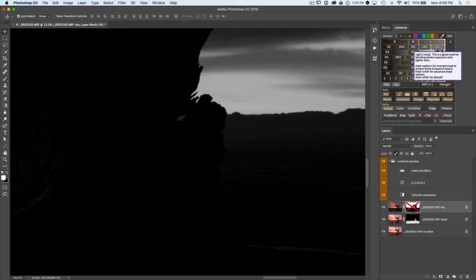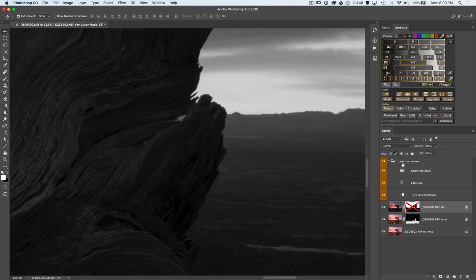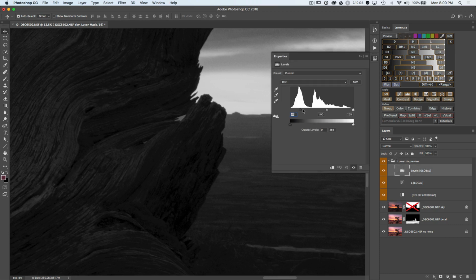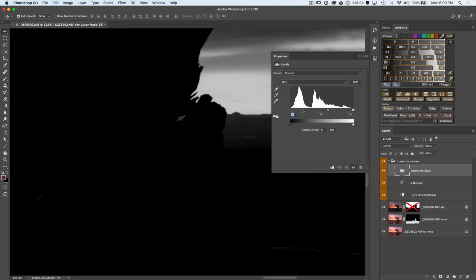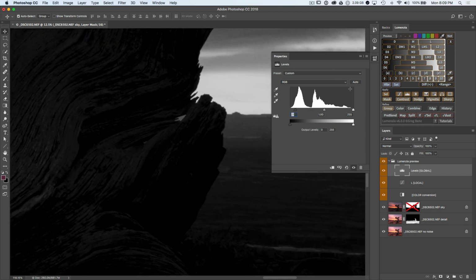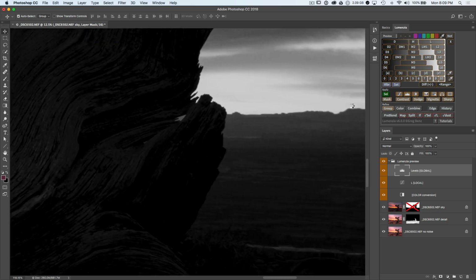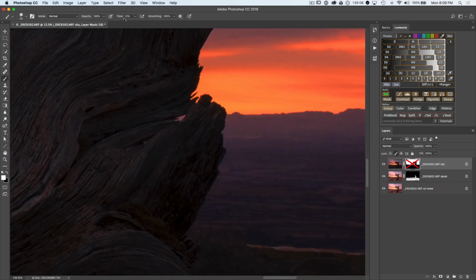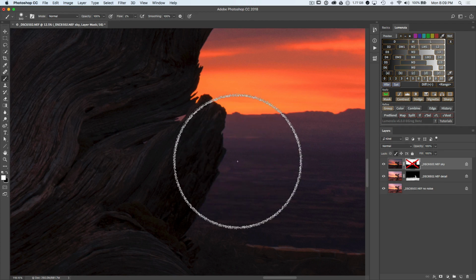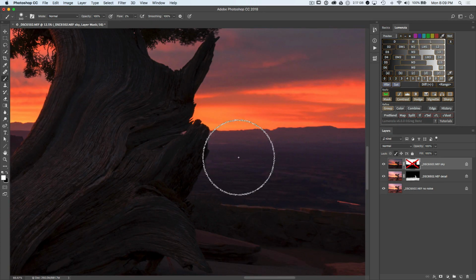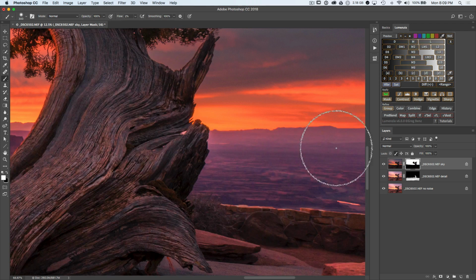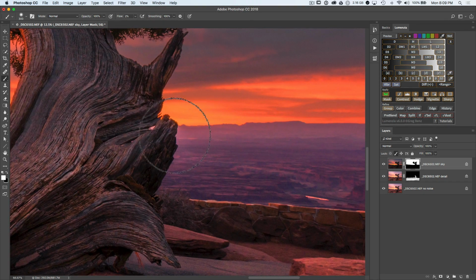So clicking on lights, and then let's just bring in the black point a bit here. Not too much, just enough to kind of bias things. There we go, that looks good. Right around 21 there. Click on cell to load that as a selection. Hitting B for our brush, bringing the flow way back down here. A little bit larger brush and zoom back just to see the bigger picture. And re-enable our layer. So with white paint now across our new luminosity selection, going to darken down this area